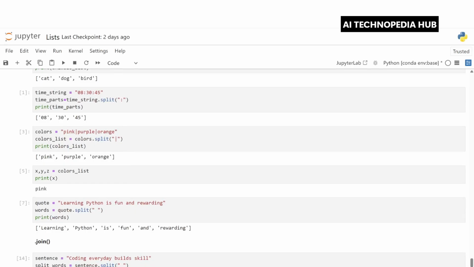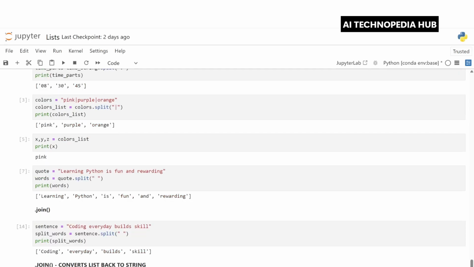Next, let's look at the next example. Now this example uses the pipe symbol as a custom separator. It demonstrates that the dot split method works with any delimiter and not just spaces or commas or colons. This is common in data formats like log files or exports from Excel. So we see this pipe commonly. So here we can split using the split method and give the pipe. It will split this string wherever it sees the pipe and break it into separate parts. Now see, colors list has split the original string and has got pink,